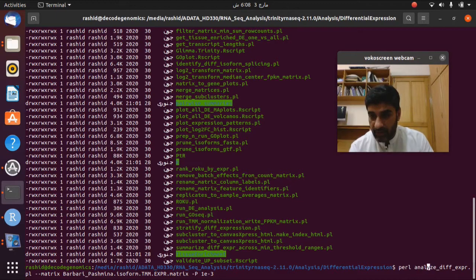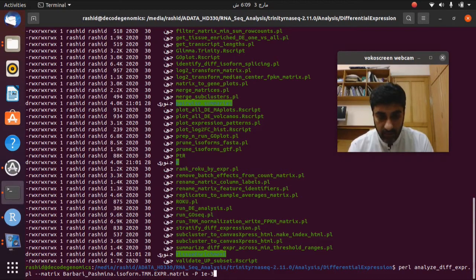The script name is analyze_difference_expr.pl, and then we will use --matrix, and then we will write our input file, that is the Burberry Pashmina isoform TMM expression matrix, and then we will use the p-value, that is -P 1e-3. So this is the command.